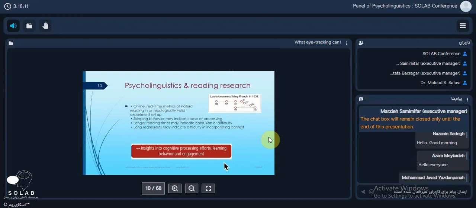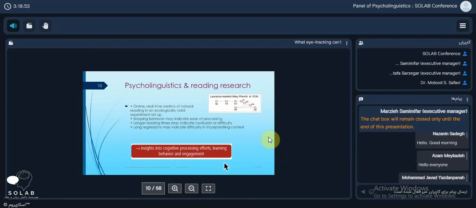What we should know about psycholinguistics and reading research, please pay attention. Most of the studies in the line of language are dependent on neurolinguistics. Neurolinguistics could talk about all language processing. Why? Because in most studies they don't consider cognitive processing of language, and they just find the neural pathway that they want to use to explain the language processing.